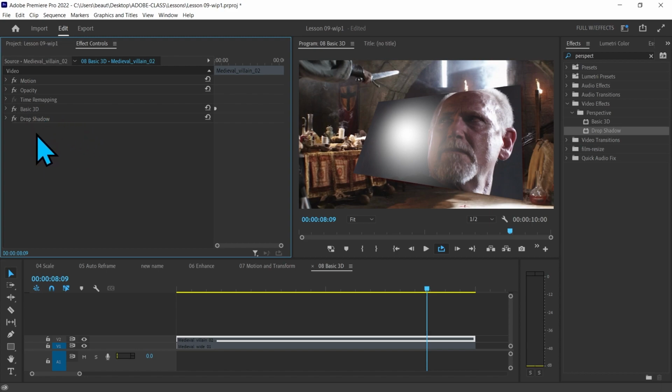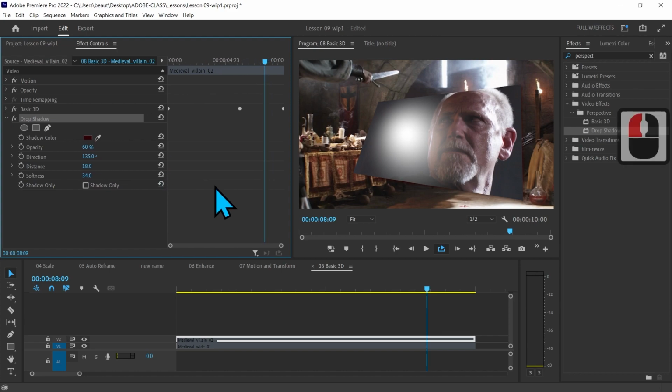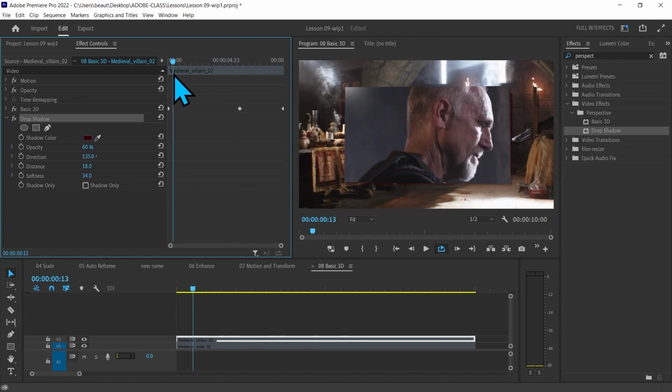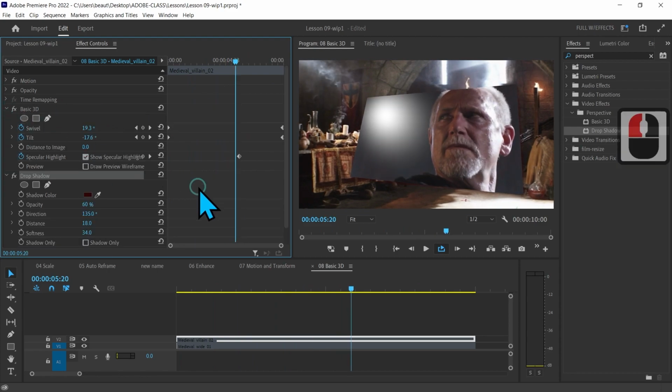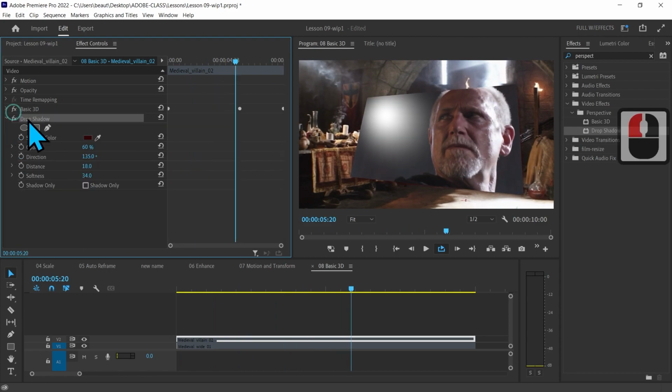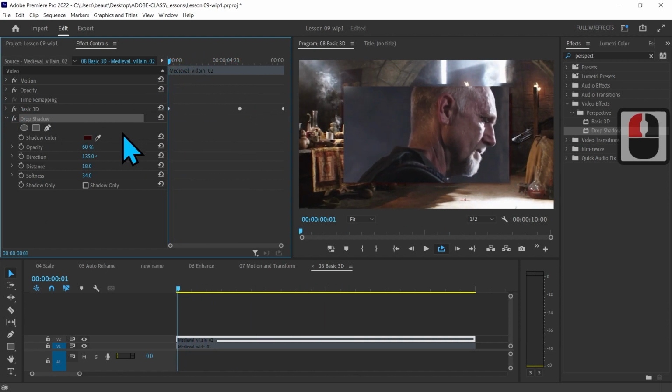Remember, effects are additive. The order of the effects matters. The parameters of the effects can be changed. Now, I can animate any of these parameters. We saw how we animated this basic 3D, but I can also animate the drop shadow if I wanted to. For example, I could put the,